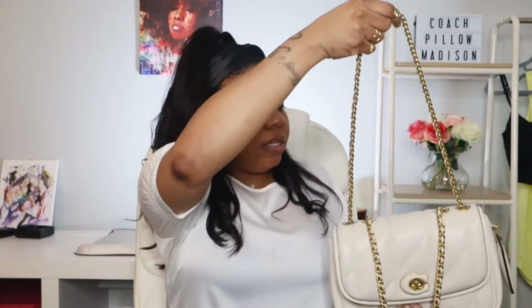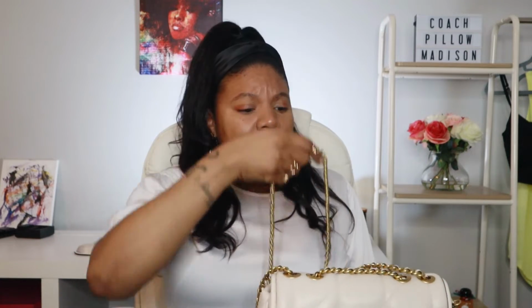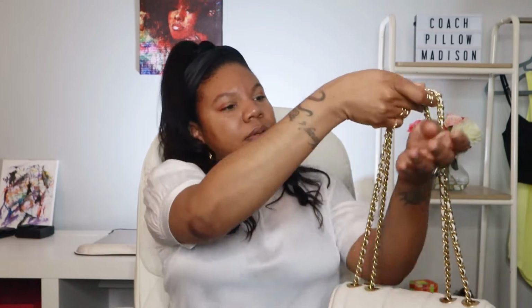Here she is, the Pillow Madison. Now, I'm just gonna throw this dust bag down. All right, so this color is the chalk and brass. So the hardware, they call it brass, but might as well just say gold hardware. And the chain is actually adjustable, so you can wear it single chain, either as a shoulder bag or crossbody,